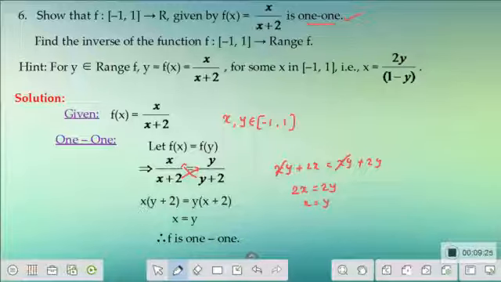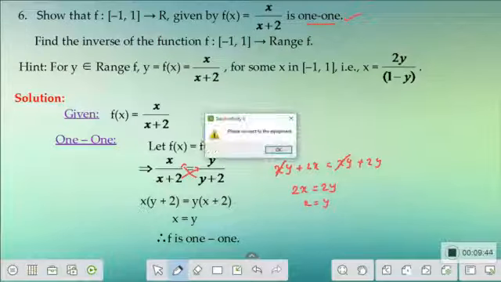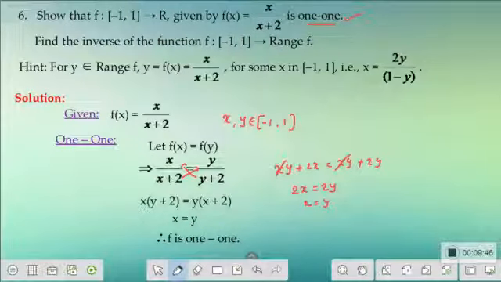The range of f, when we have an element like minus 1 to 1 to R, all the elements in the range will be of the form x by x plus 2. So we need to find an inverse from this set, that is, from the range of f to minus 1 to 1. Now I know that f is invertible, so I know that there is an inverse for the